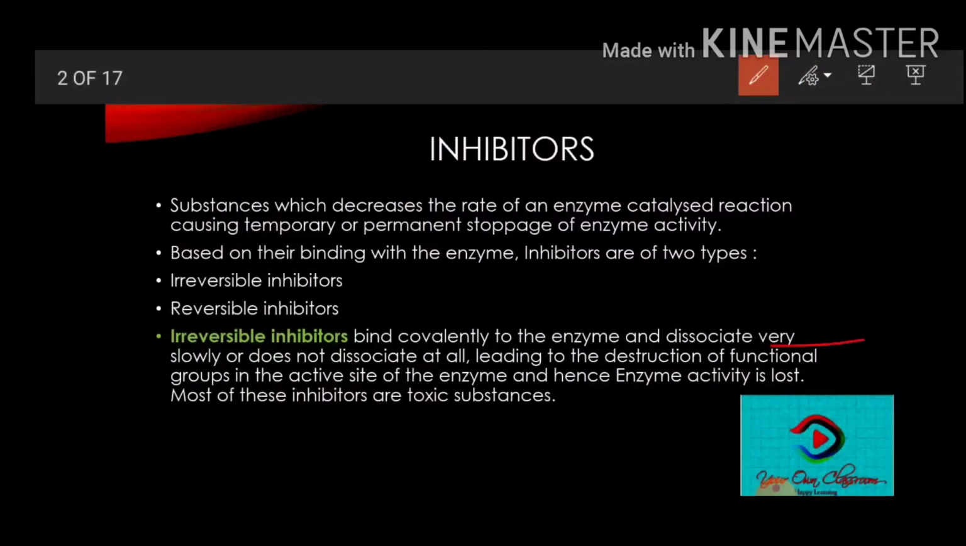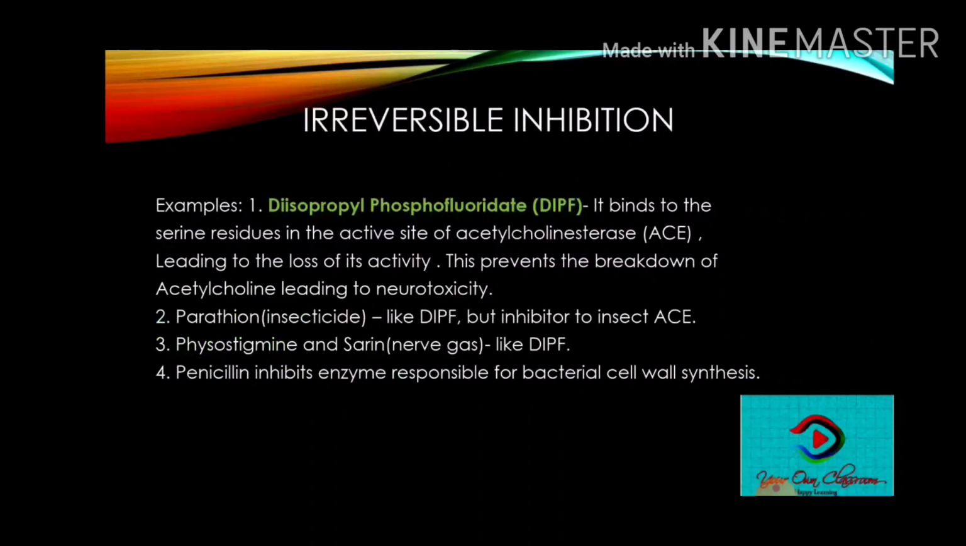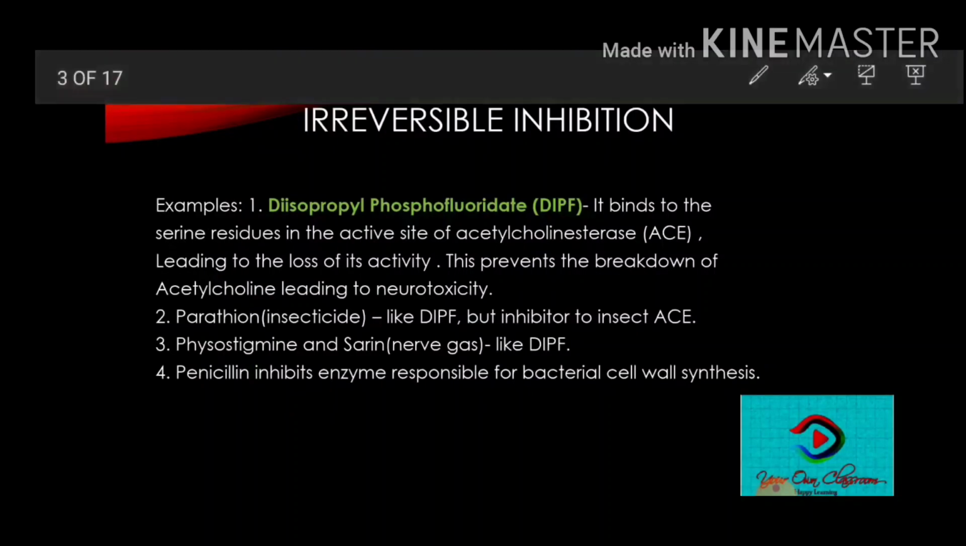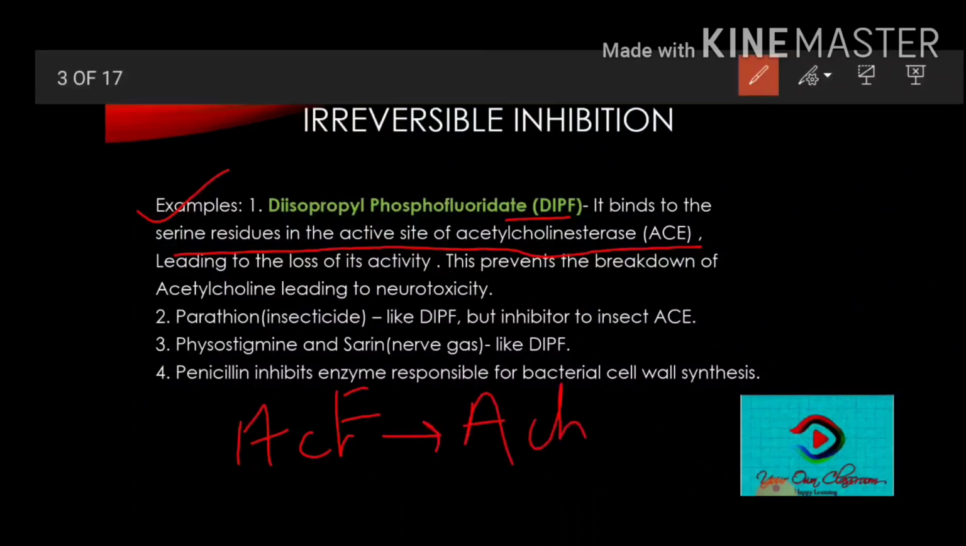So let's see some of the examples of the irreversible inhibitors. The first example is diisopropyl phosphofluoridate, DIPF. DIPF binds to the serine residues in the active site of acetylcholine esterase. And if you remember, acetylcholine esterase is that enzyme which converts acetylcholine into acetate plus choline, present in the synaptic